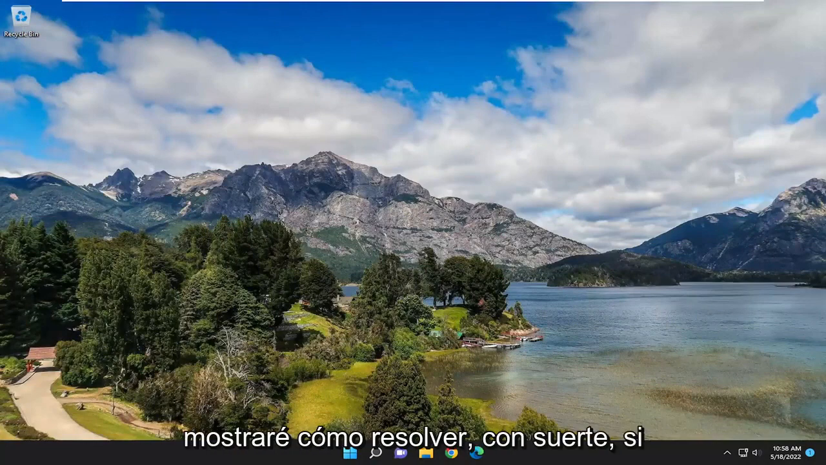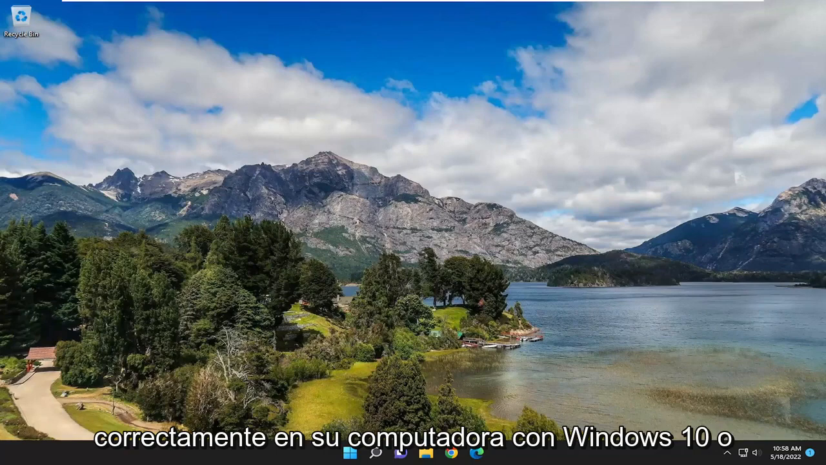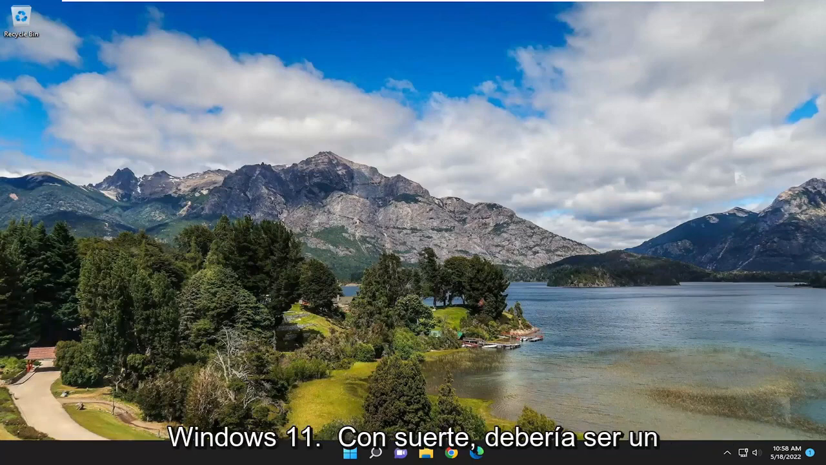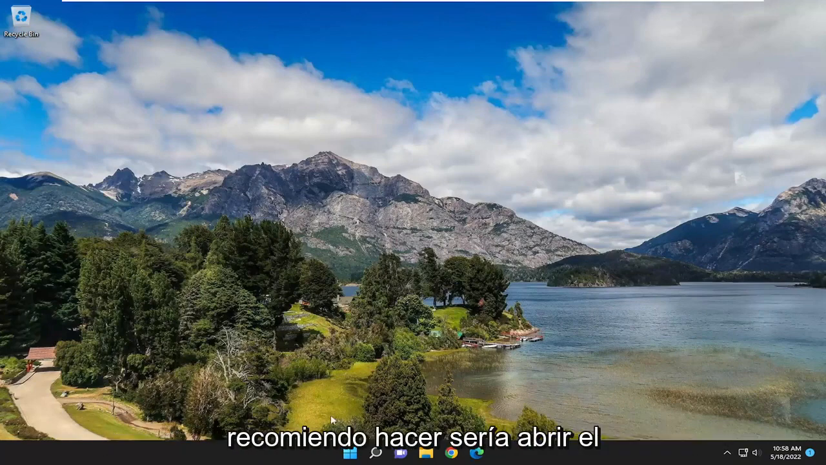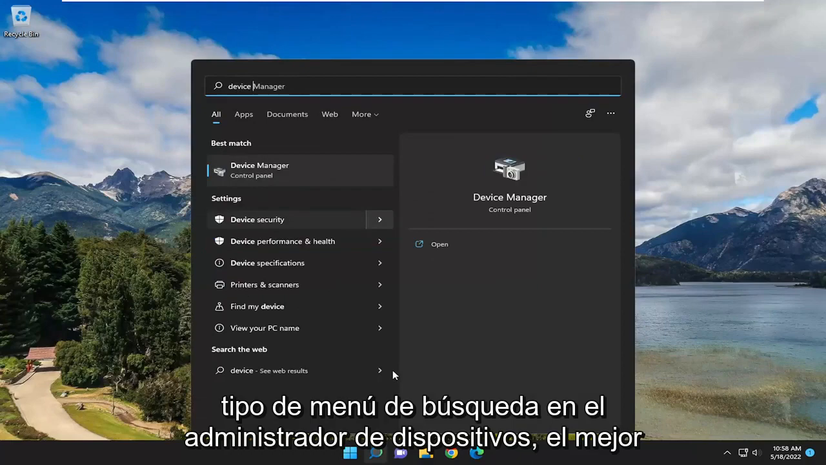In today's tutorial, I'm going to show you guys how to hopefully resolve if your touchscreen is not working properly on your Windows 10 or Windows 11 computer. So this should hopefully be a pretty straightforward process here, guys, and without further ado, let's go ahead and jump right into it. So first thing I recommend doing would be to open up the search menu, type in Device